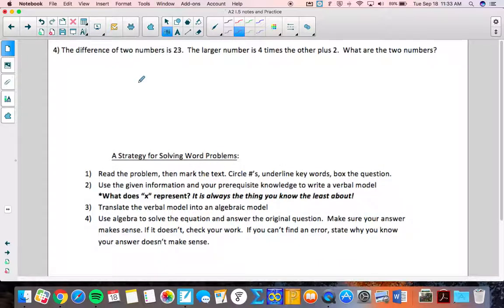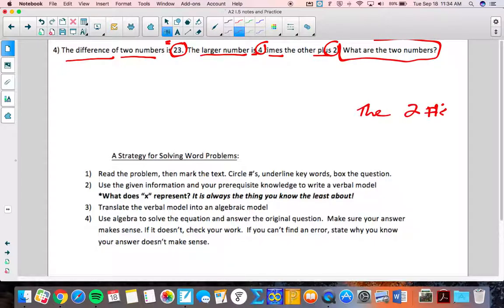Number 4, the difference, so again we're subtracting, of two numbers is, or equals, 23. The larger number is 4 times the other plus 2. What are the two numbers? The two numbers are blank and blank. Those are not swear words. The larger number